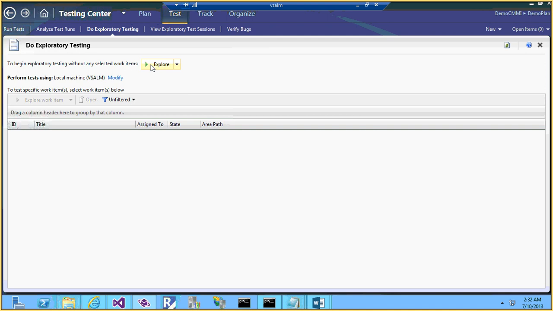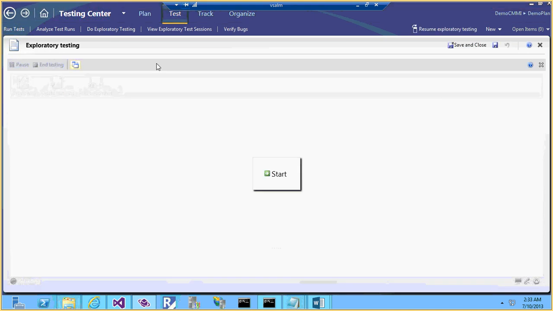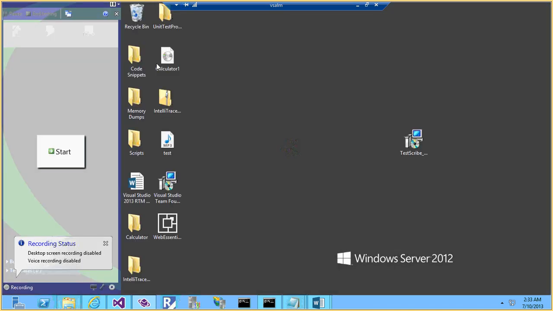So when you click on button one, it captures a screenshot and saves it into your test case, so that if there's a scenario where you encountered a bug, you can go back through the screenshots and see how you got there. That helps you reproduce the bug. I clicked on explore, and it opens up the same window we saw yesterday, called Microsoft Test Runner. But the difference between yesterday's window and today's is that yesterday